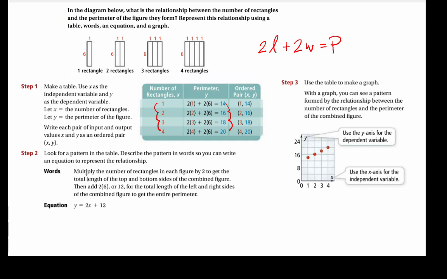So in words, we multiply the number of rectangles in each figure by 2 to get the total length of the top and bottom sides of the combined figure, then add 2 times 6, or 12, for the total length of the left and right sides in the combined figure to get the perimeter, right? And that's what we talked about here just a second ago. The equation is here. Let me write this out. The perimeter